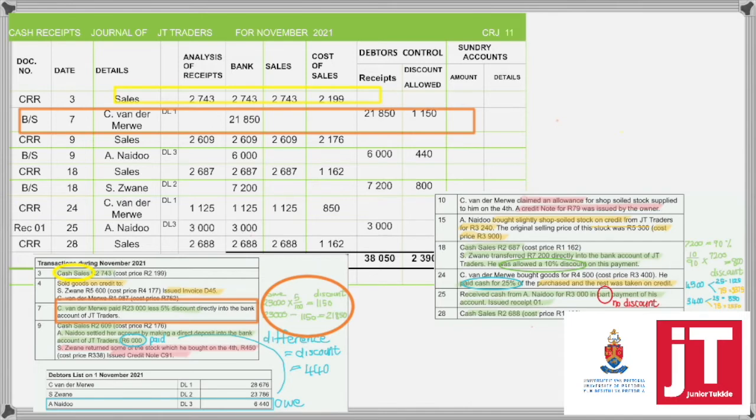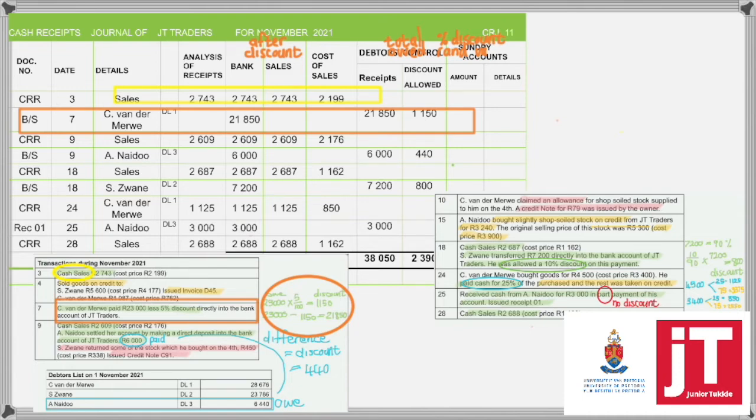But remember, if they give it to you in a different format, the bank amount is usually the amount after discount. If they don't give you a receipts column and only label it as a debtors control column, then that debtors control must be the total on the invoice, total owed,